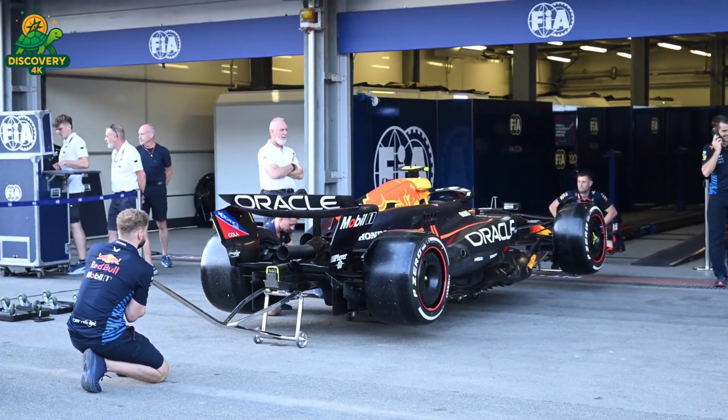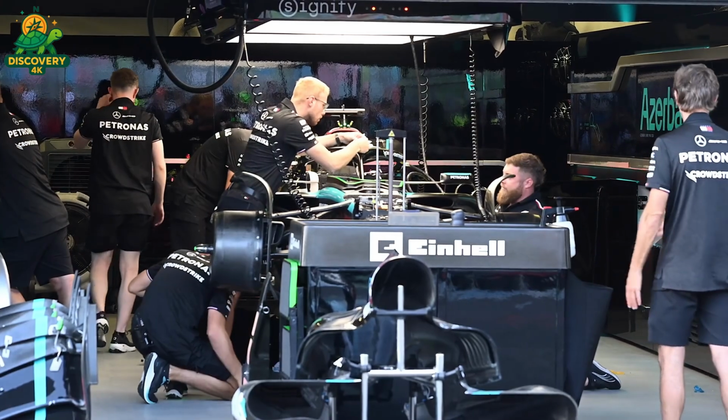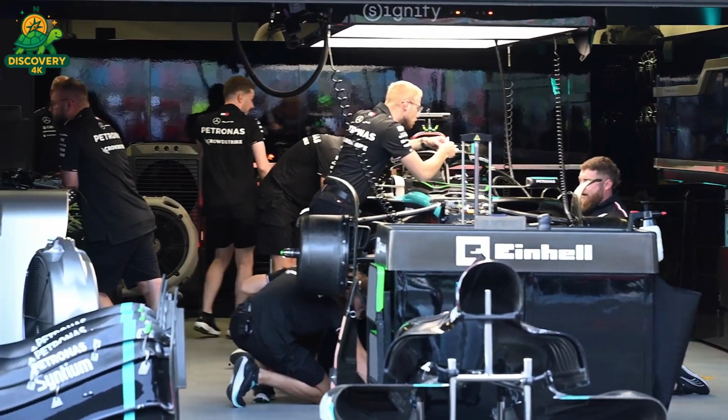But its role is never forgotten, because at 320 kilometers per hour, through heat, G-force, and pressure, everything depends on